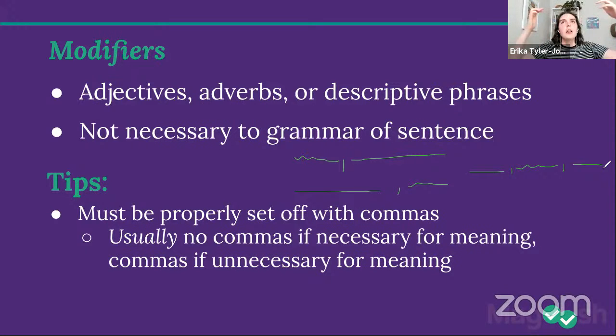Let me give an example here. I'm going to say a sentence. My brother, Logan, goes to college. If I have one brother, my brother, Logan, Logan is one of those noun phrases. It's an appositive. It is renaming my brother. So if I say my brother, Logan, goes to college, and I only have one brother, you don't need to know his name, right? You know it's my one brother. So I would say my brother, comma, Logan, comma, goes to college.